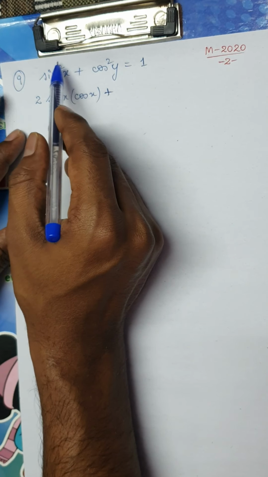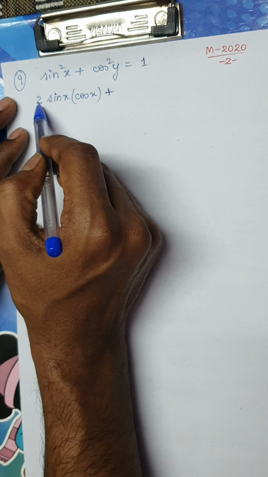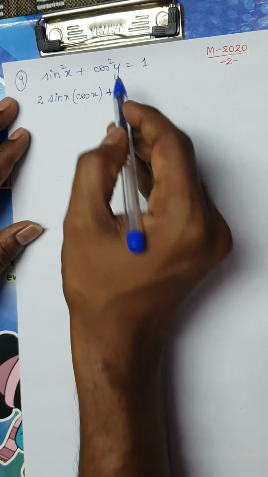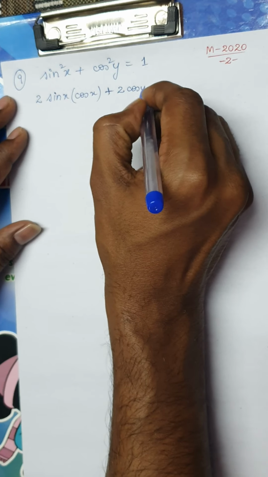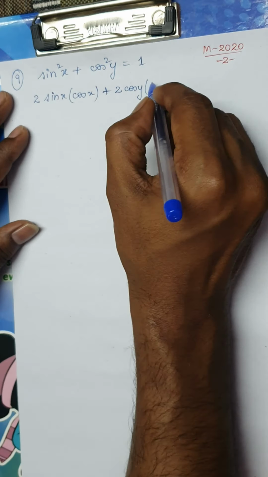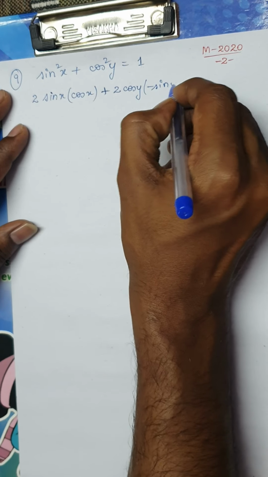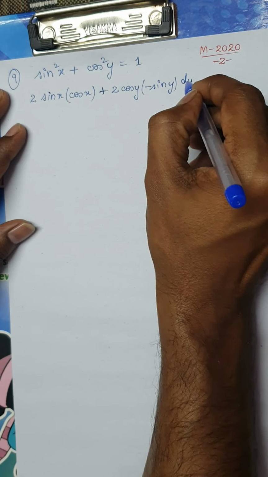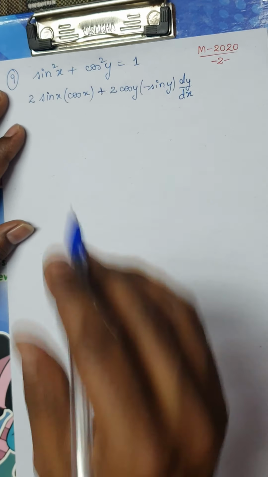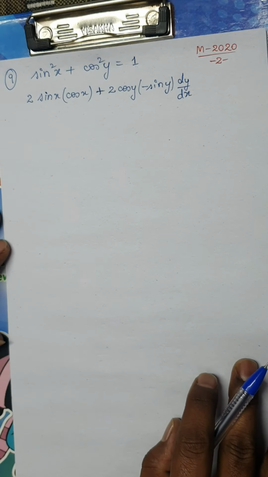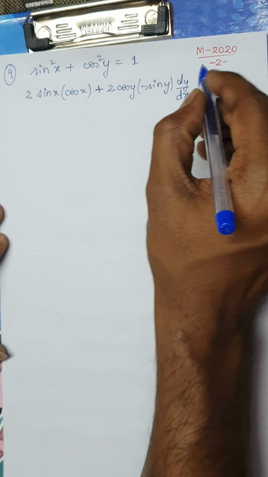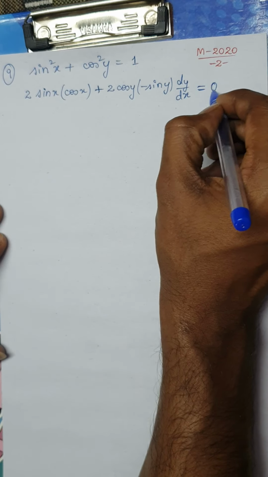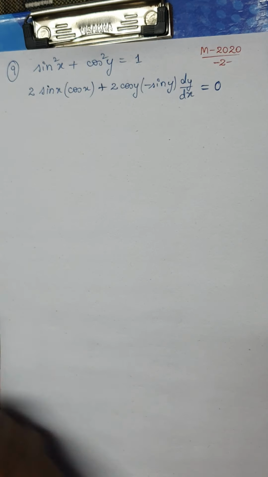F of x square. So derivative of f of x square is 2 times f of x into f dash of x. Similarly here, 2 times f of y into derivative of cos is, we know it is sin y. Remember, you should always write dy by dx because y is a function of x, okay. Now this will be equal to, right hand side is 1, don't make a mistake. Derivative of constant is 0, okay.